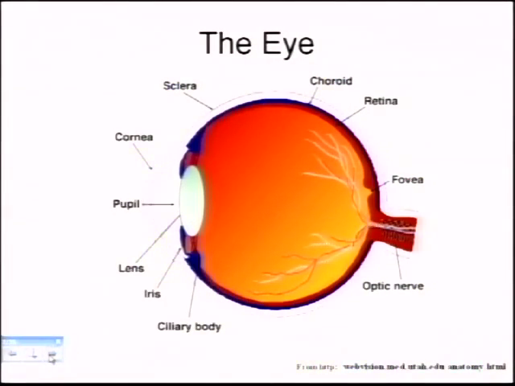So first of all, we have to start with the eye, because that's what I work on. And this is the human eye. We're mostly interested in the back part of the eye, closest to the brain, the neuroretina. And I'll tell you more about that as we go along. So as you know, the eye has a very complex structure. It's got many different parts. For this lecture, the most important part is the retina. And the retina is part of the central nervous system.